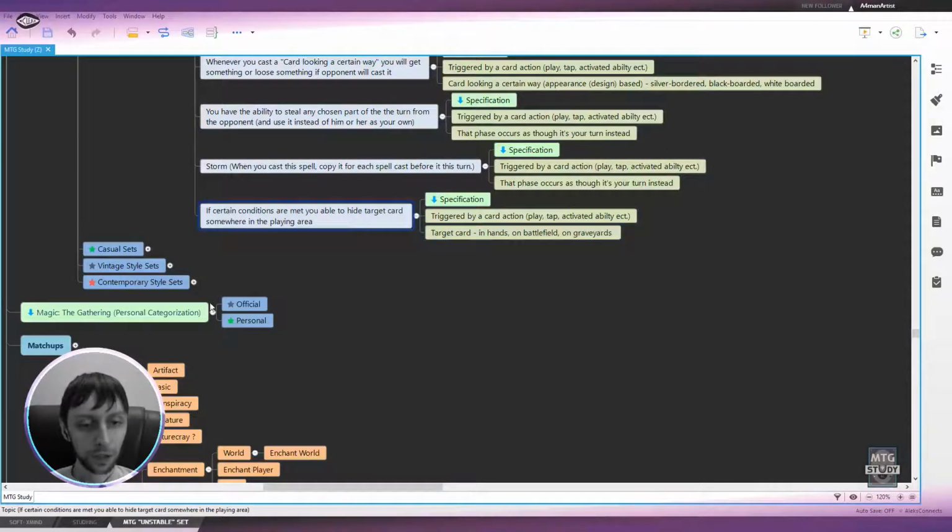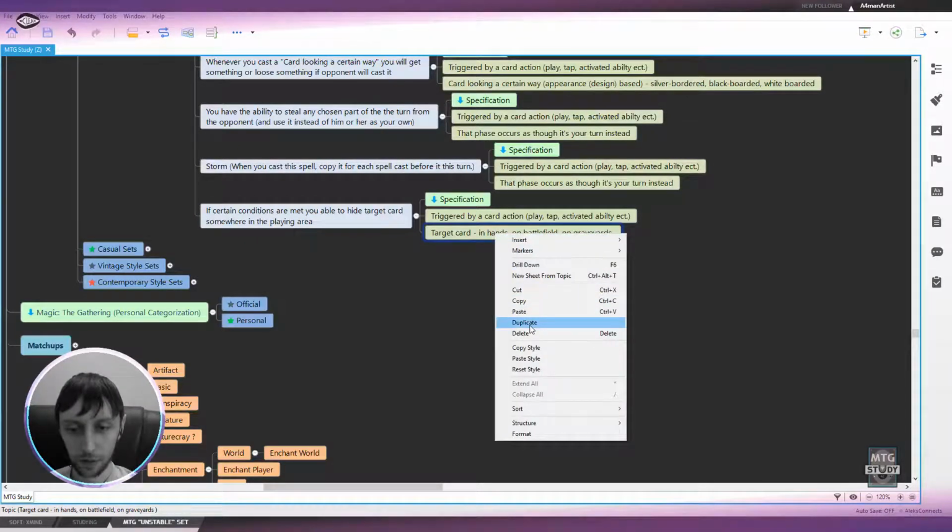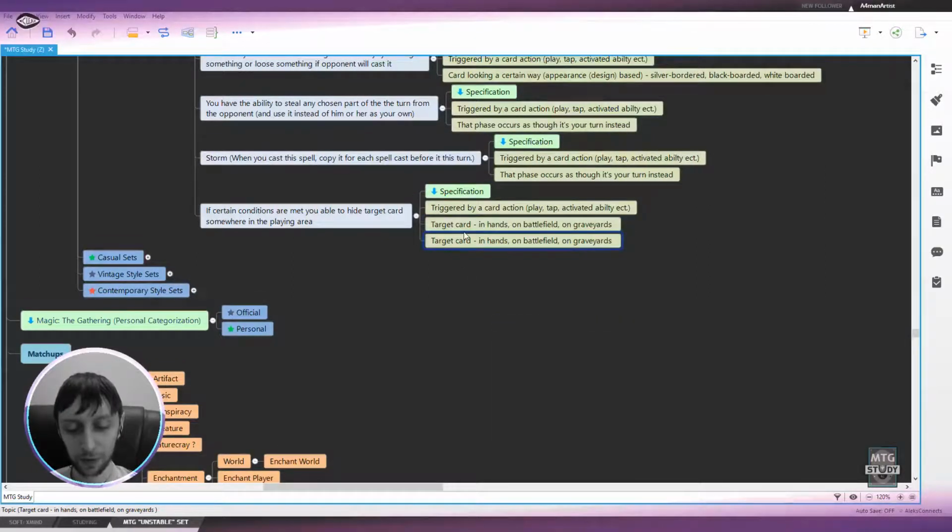So either way, if certain conditions are met, you're able to hide target cards somewhere in the playing area. And when it comes down to duplicating, it's a little bit different in here. We either will duplicate like that, or copy paste it by Ctrl+C, Ctrl+V. So it could be a mechanic that involves